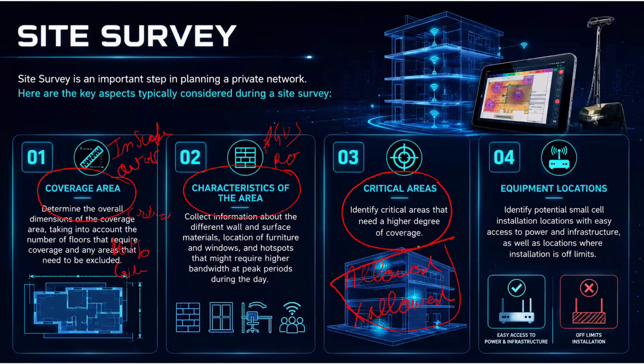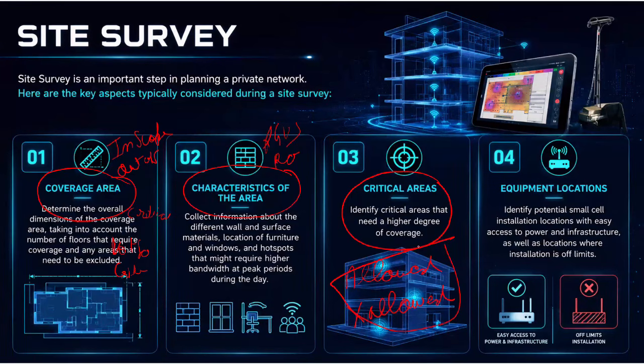We can take pictures, mark possible equipment locations on the floor plan, and identify cable routes. We can identify the material of the walls. We can identify the ceiling heights, where the network room is, how the power availability is, and any potential installation challenges. So if an existing wireless network is already available, we may also collect RF measurements to better understand